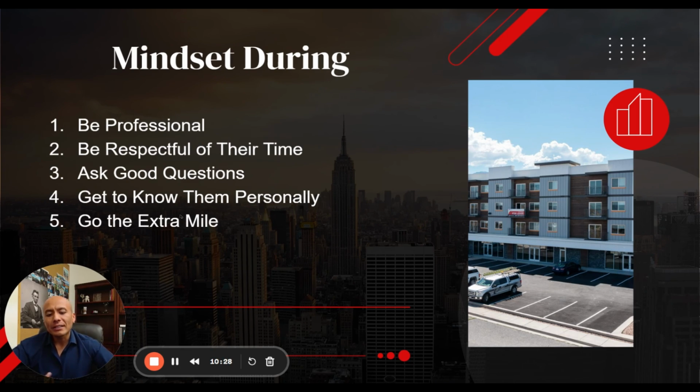And when they suggest something that would be helpful to them, even if they don't ask you to do it, go the extra mile. They might tell you, okay, that's an interesting project, that land might work, but I'm concerned because I'm going to have to incorporate a retention pond into my development. They're not asking you to do it, but why don't you call the city and say, hypothetically, if I was going to build here on this plot, would you require a retention pond?